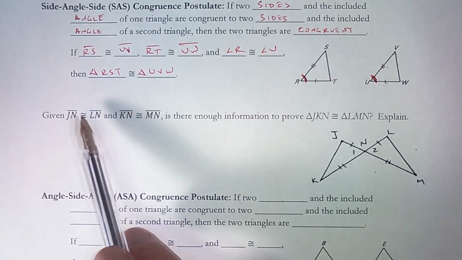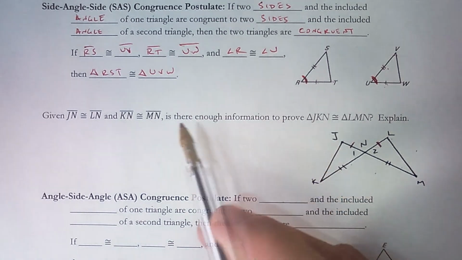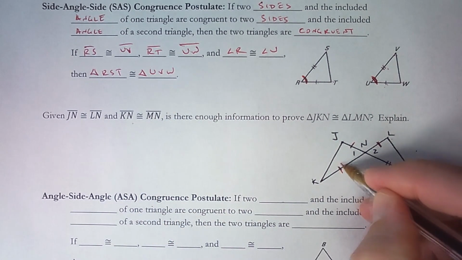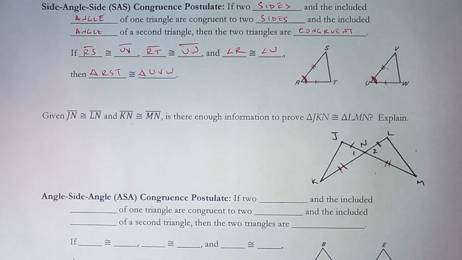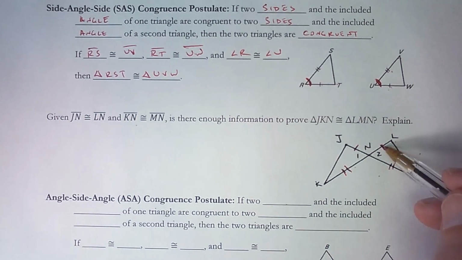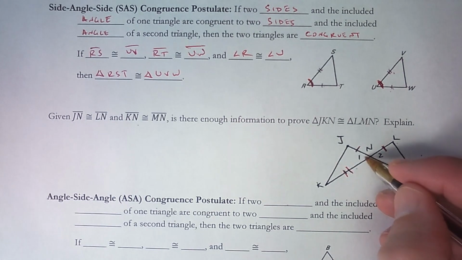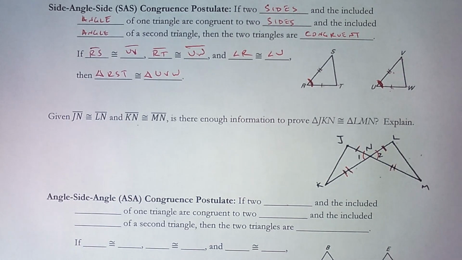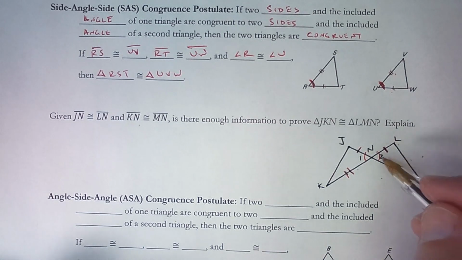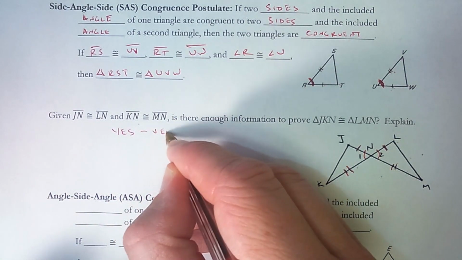So given that JN and LN are congruent segments, these here, and KN and MN are congruent segments, these here, is there enough information to prove that triangle JKN and triangle LMN are congruent? So I've got 2 sets of congruent sides. I don't know about this 3rd set, but I do have a pair of vertical angles. So I'm going to say yes, because of vertical angles,